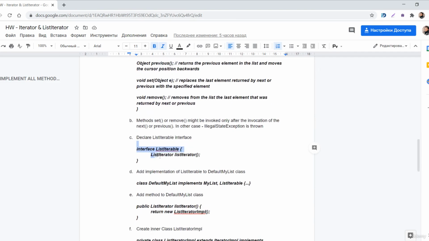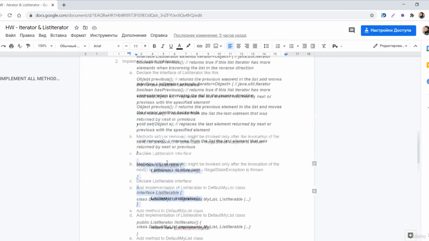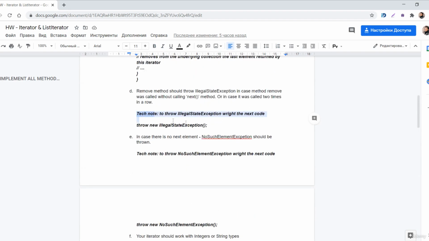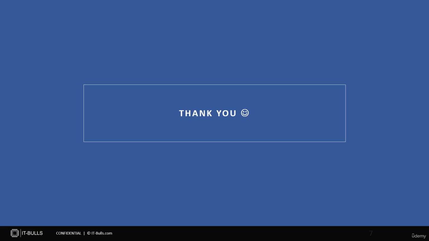You will see here some requirements related to exceptions. In case you're not familiar with the exceptions topic, there is absolutely no harm, because I wrote the line of code that you have to write when an exception should be thrown. That's it. Don't skip this homework, it is important for